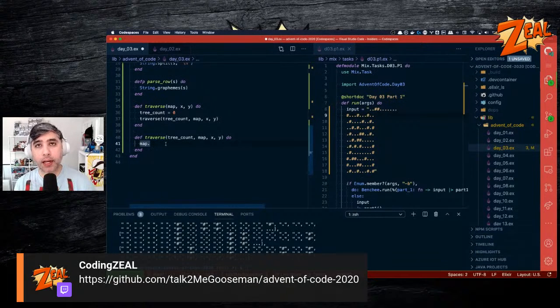So first we get the row we're on, which is the Y. So Enum.at, Enum map at Y. So we get the row. And then we want to get the column in that row. Enum at X. And then if, then we check if it's